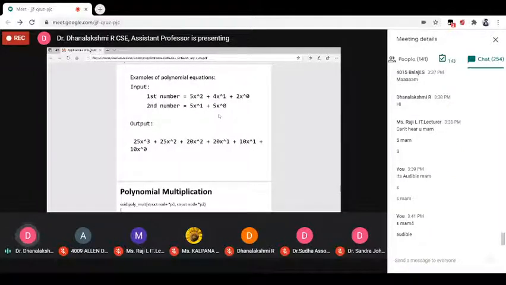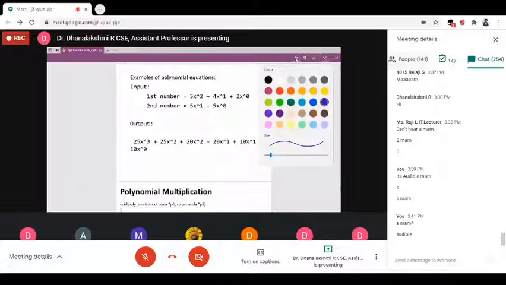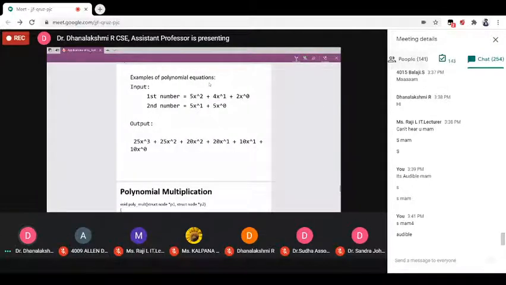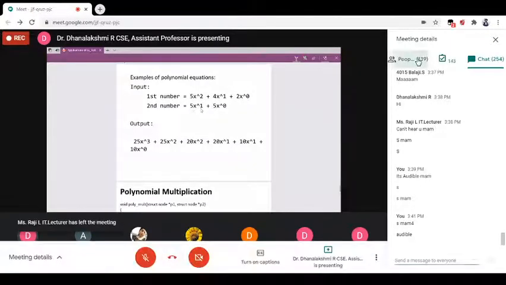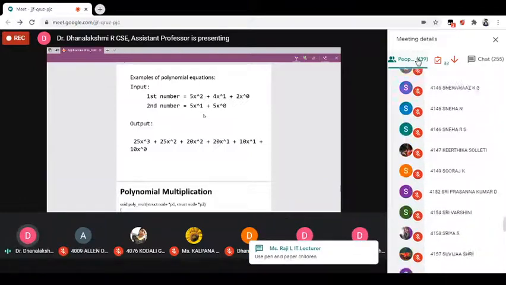Okay. Now, first this is for P1. This is list 1, list 2. Consider the terms from list 1, 5x square, then 5x1. Compare the exponent part here, 2 and 1.